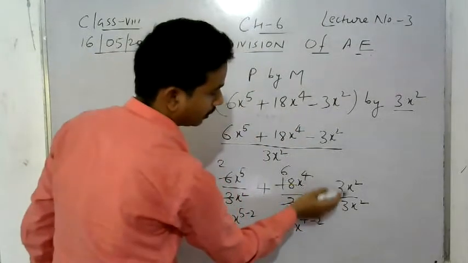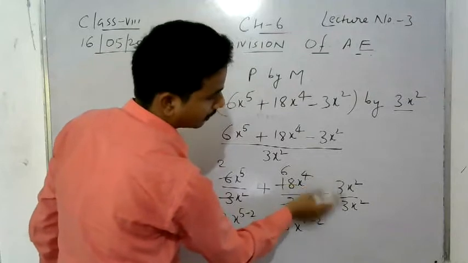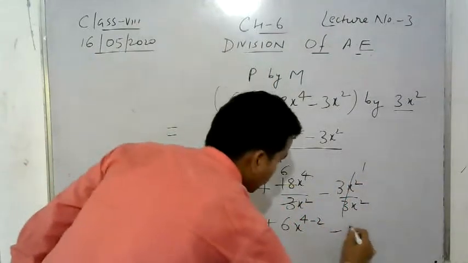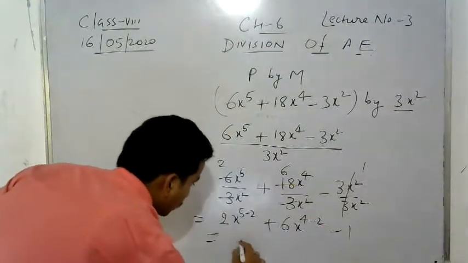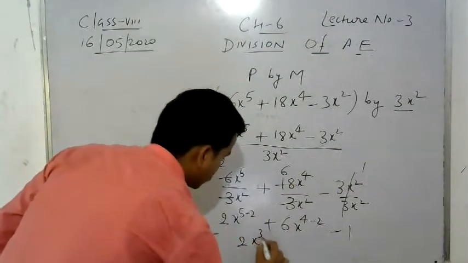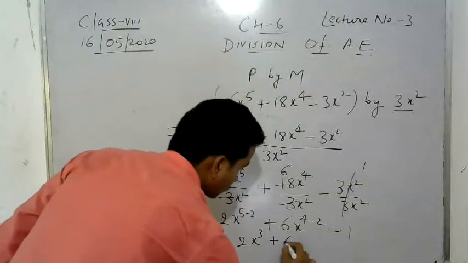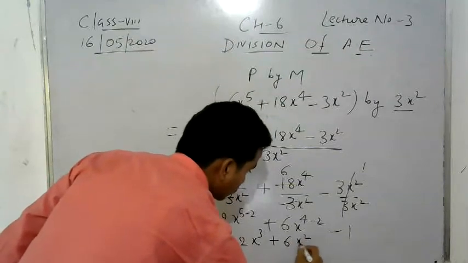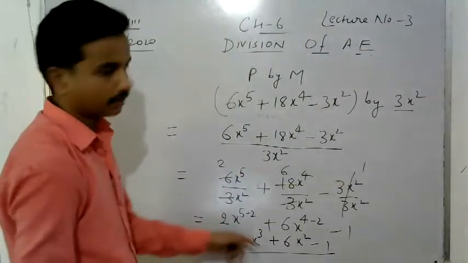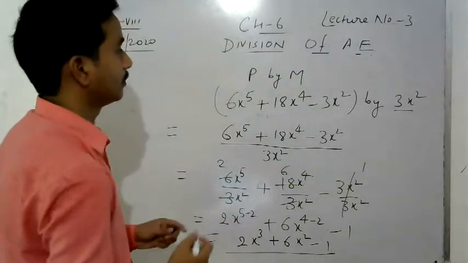And in the denominator and numerator we have the same 3x square, so this will cancel out and we will get 1. Now we have 2x to the power 3 plus 6x square minus 1. So this will be our answer. In this way you will divide polynomial